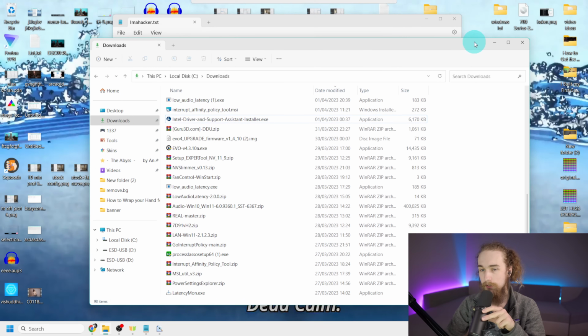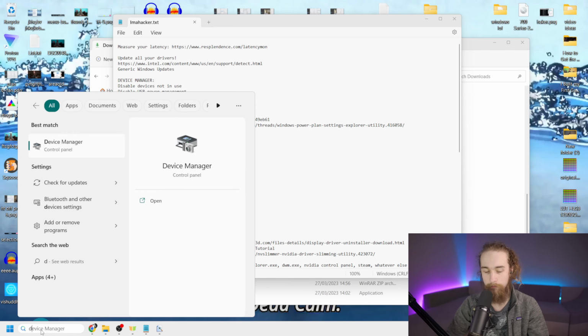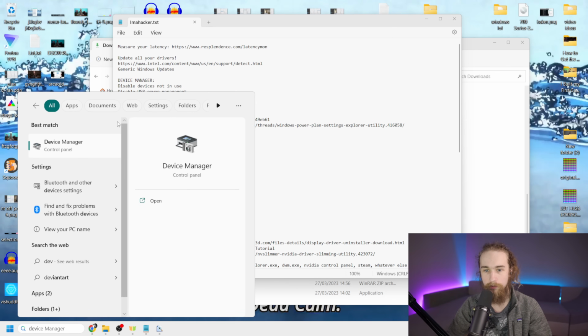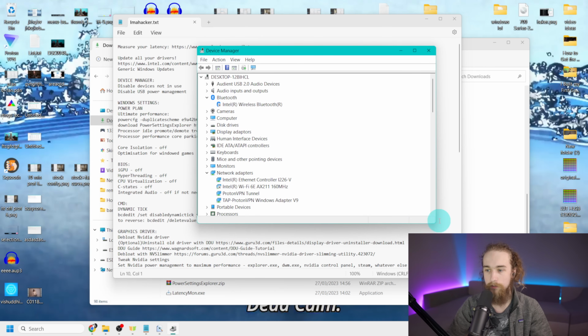All right, so the first thing after doing the drivers, the first thing which we want to do to reduce the latency is to disable the devices which we are not using. So like those drivers are constantly loaded, so they can waste like CPU cycles, and you don't want that since it can create latency and those interrupts, and so all of the stuff which we are not using, we're gonna disable. Go to device manager,